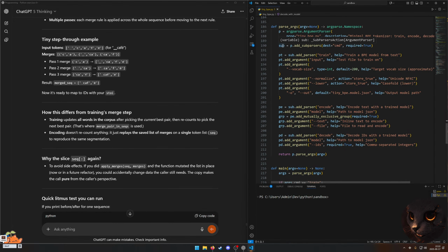And then sub we set to add sub parsers. Dest is my guess for destination, and CMD for command line, and required true, and then PT is set to then sub add parser,